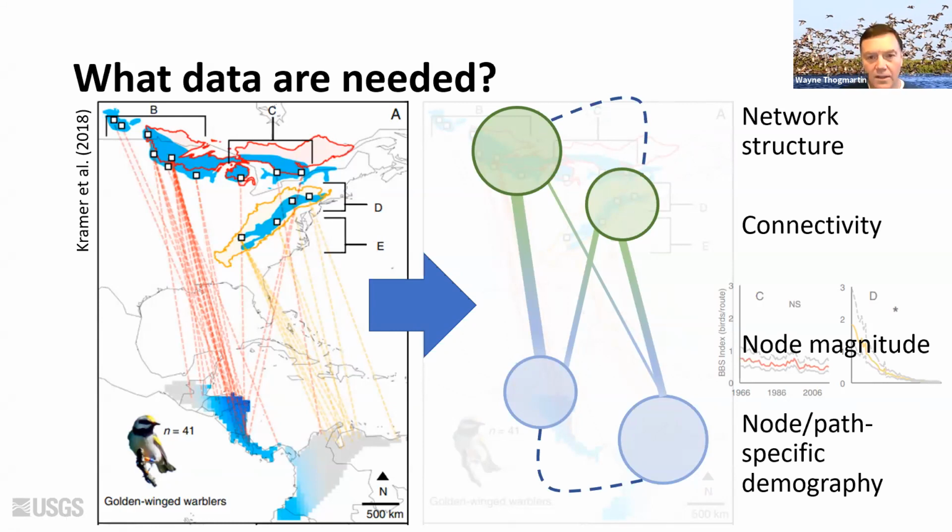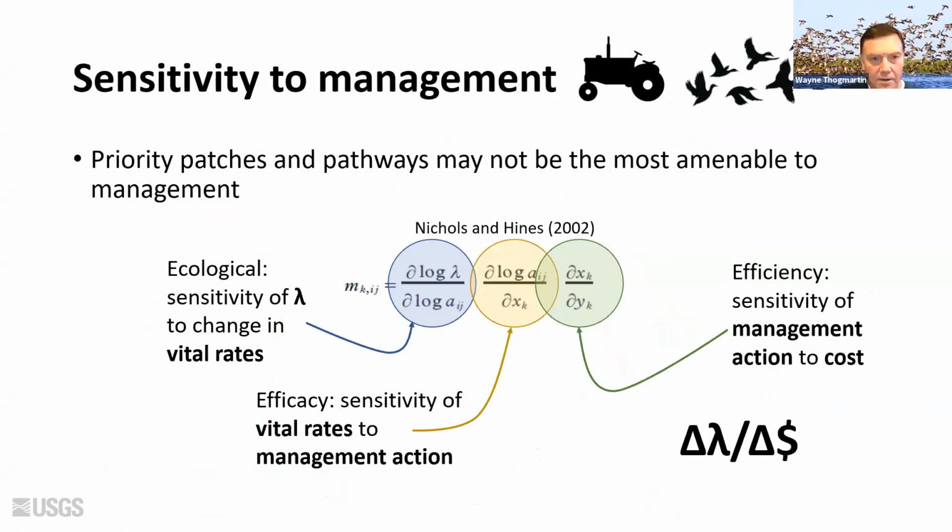One thing that we haven't talked about, and one thing that's important to me, is that just because we've identified the limitations in a species, the limitations to its demography, it may not be that we have the ability to address those limitations, or at least not efficiently and effectively. So this notion that Nichols and Hines introduced back in 2002 is an important one, I think, to keep in